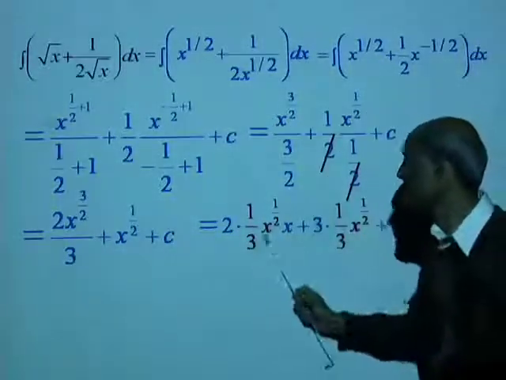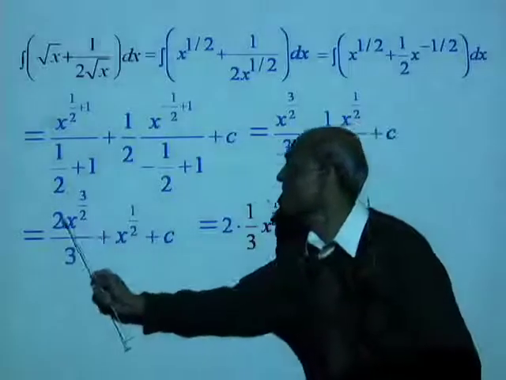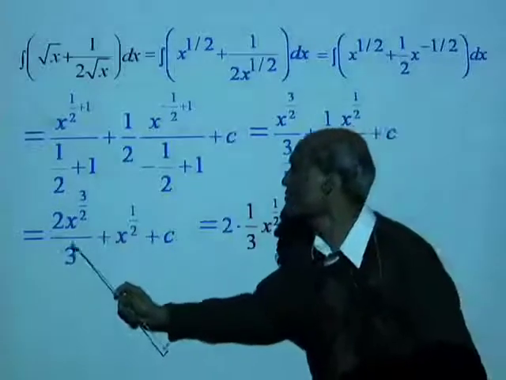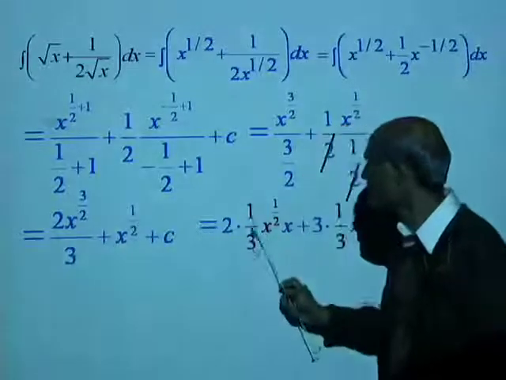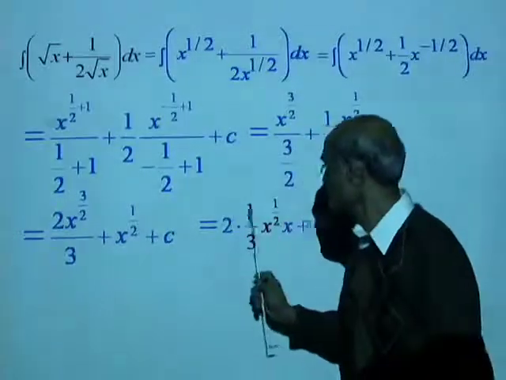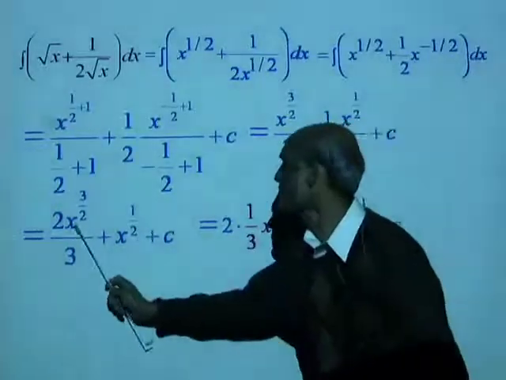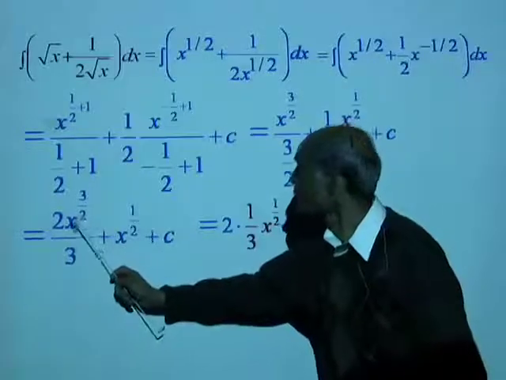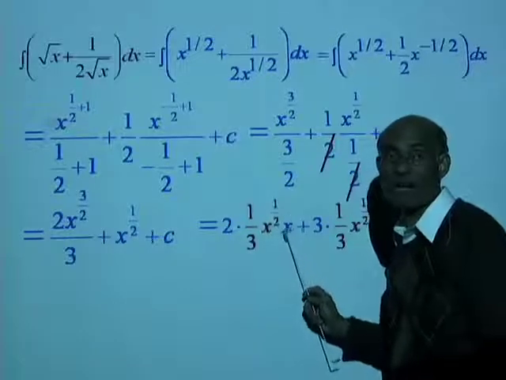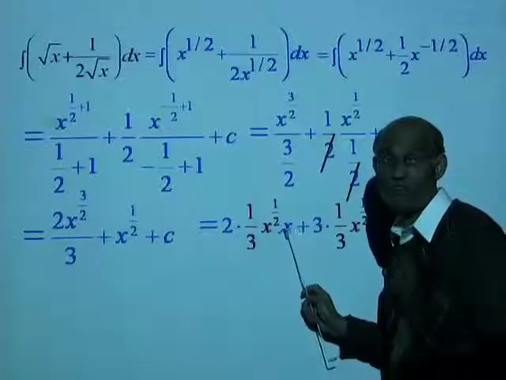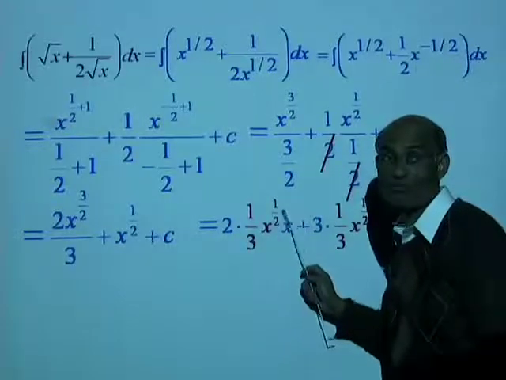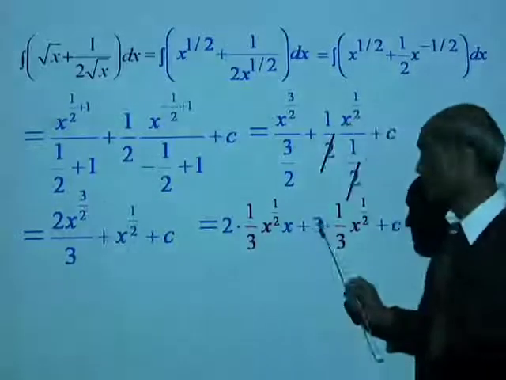And I have shown you how it is written there. Now I have this 2 taken separate, and this 3 on the denominator I wrote 1/3. I hope you're following here. This 2 times 1/3, and this x to the power of 3 over 2 is written as x to the power of 1/2 times x. Is that right? When the bases are the same, you add the exponents. This will be 1/2 plus 1, 3 over 2. Plus,